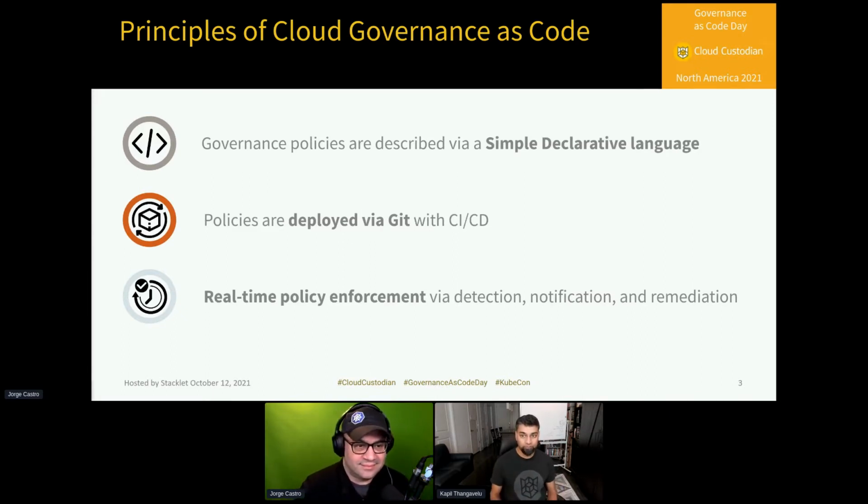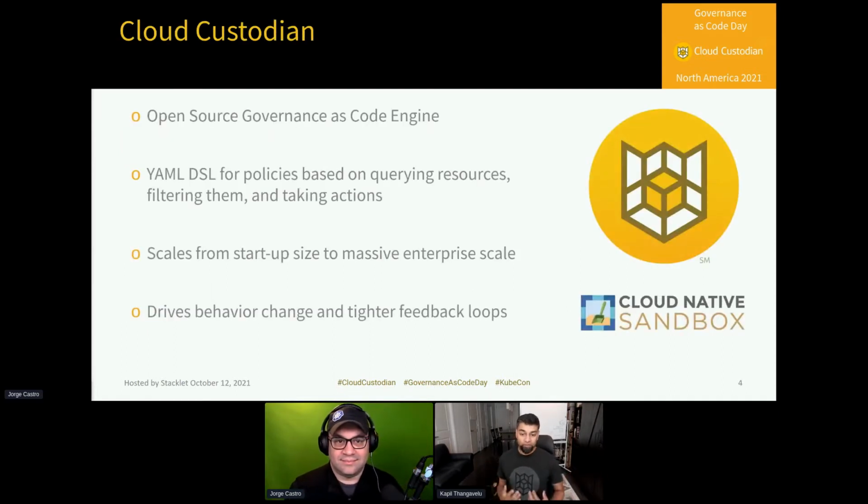So if we look at what Cloud Custodian is, it's an open source rules engine for achieving cloud governance. And it uses a YAML DSL for querying resources, being able to find the interesting set of those resources through arbitrary filtering and then taking actions. And it has a vocabulary of resources, filters, actions that constitutes hundreds, or in some cases, across all of the providers, thousands of different Lego bricks that you can use to assemble your policies for your needs. It's very context-free. It's a simple CLI. You can use it as an interactive querying tool. It scales from small startups to some of the largest enterprises in the world.